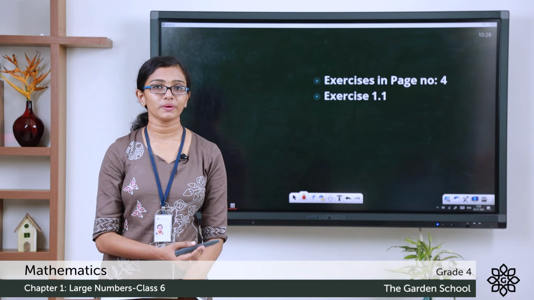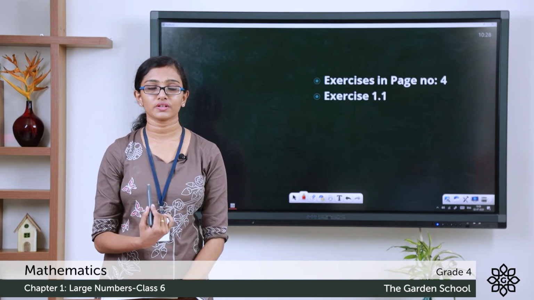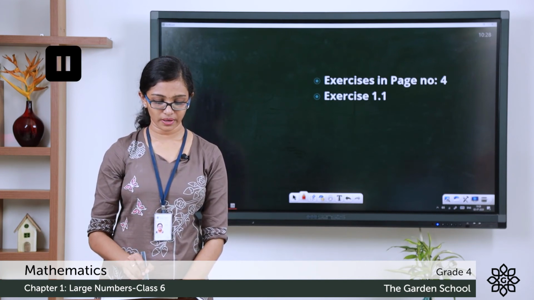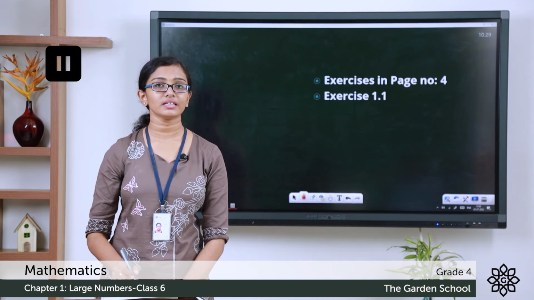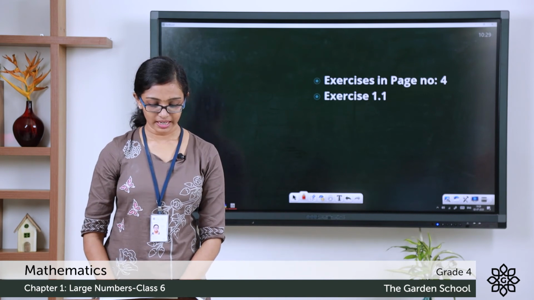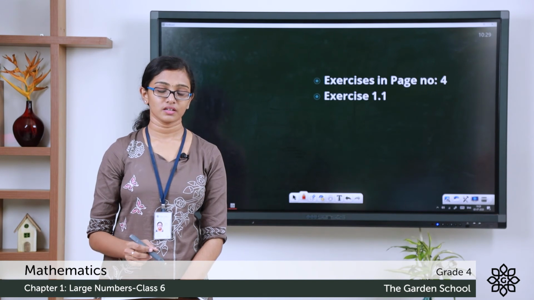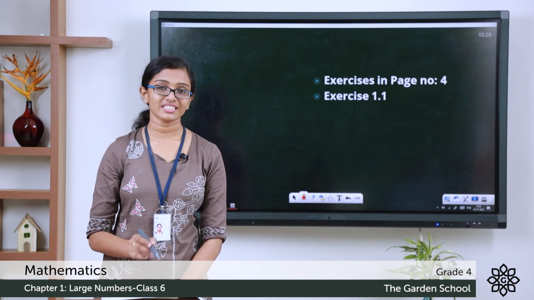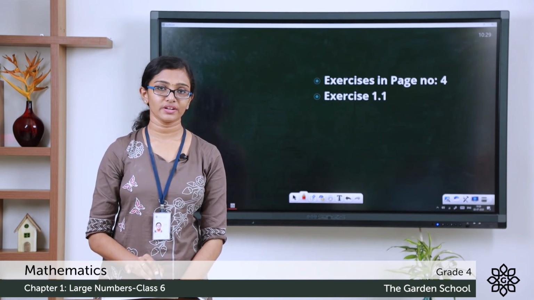Remember, when we are grouping the places to separate the periods, always start counting from right to left. So you start from the ones place and move towards the left. So please do the question, insert commas in between, write the number in words in your notebook and come back. In question A, the comma is between the digit 7 and 8.